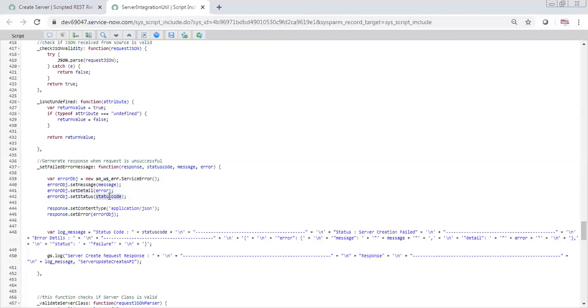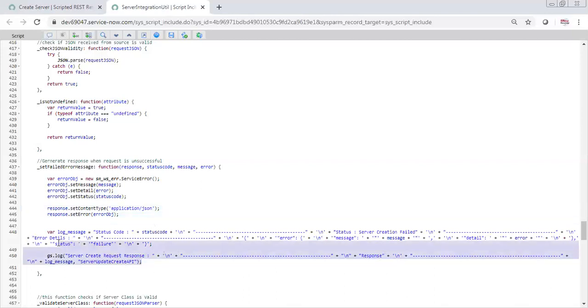And then we have to set the code. If you remember, we are getting 201 when a record is getting created. But there are similarly other HTTP codes, like in case of bad request, we are sending 400, or you can go to a more specific code like 401. So that's what I am sending. And then I am setting in which format we want to send the response. I am saying send the response in the format of JSON.